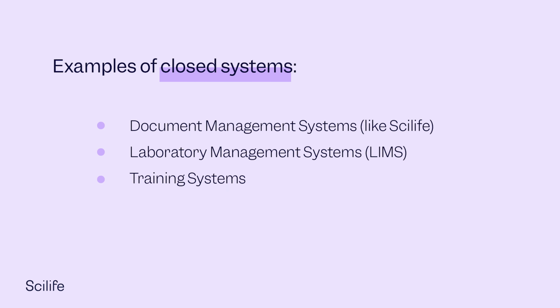With an appropriate security system in place, the lab has full control over who can access the system. Closed systems require an ID and password to access the information. The information is controlled by user privilege. Examples of closed systems in a regulated environment include electronic document management systems, like Scilife, laboratory management systems, LIMS, and